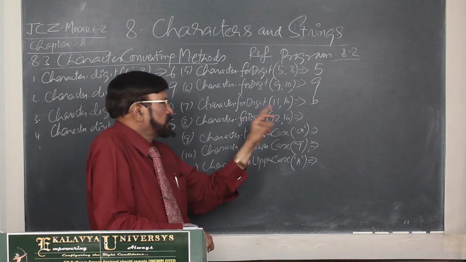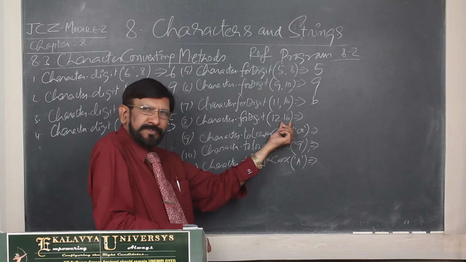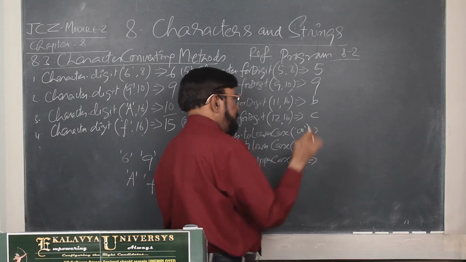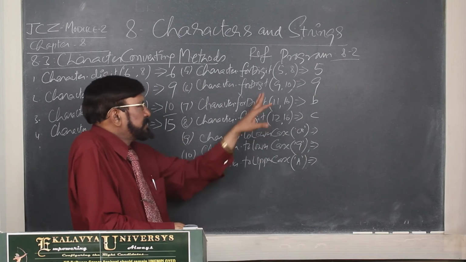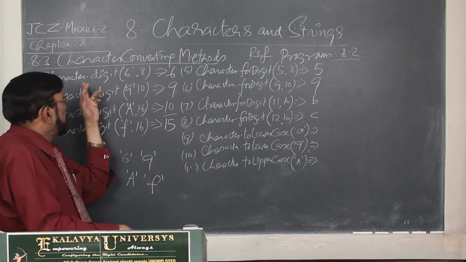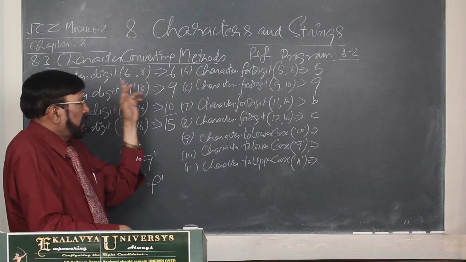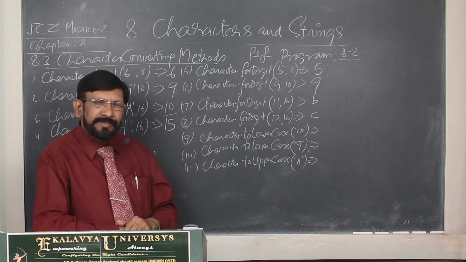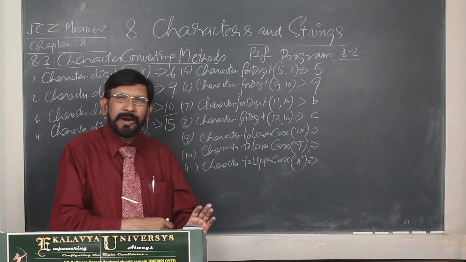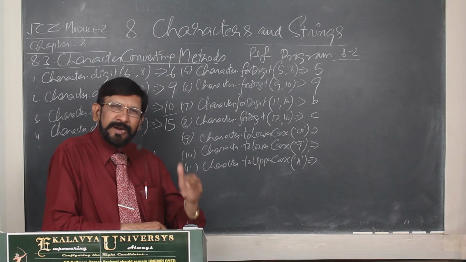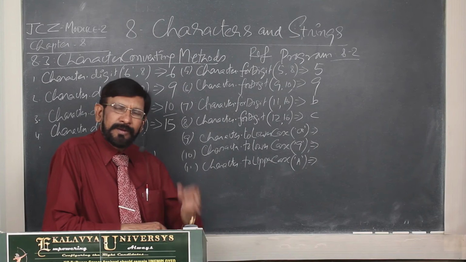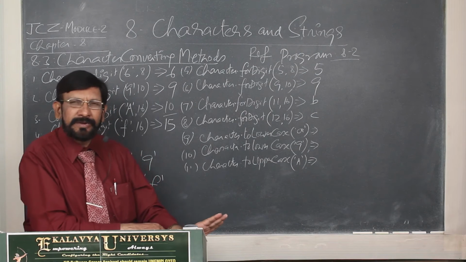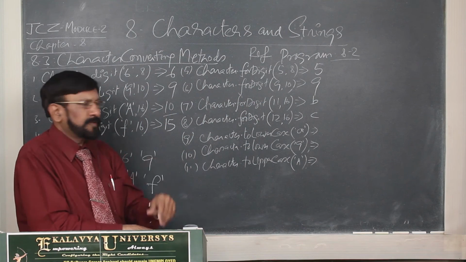Next, 12, C. In hexadecimal system, value 12 is represented by C, lowercase c. And there is just a slight difference between character digit and character for digit. You have to understand. One thing I am telling you, these are very simple, but without studying them one time you cannot understand. And if you have to own them, one simple program, a matter of 15 minutes, if you write, those are permanently registered in your brain.